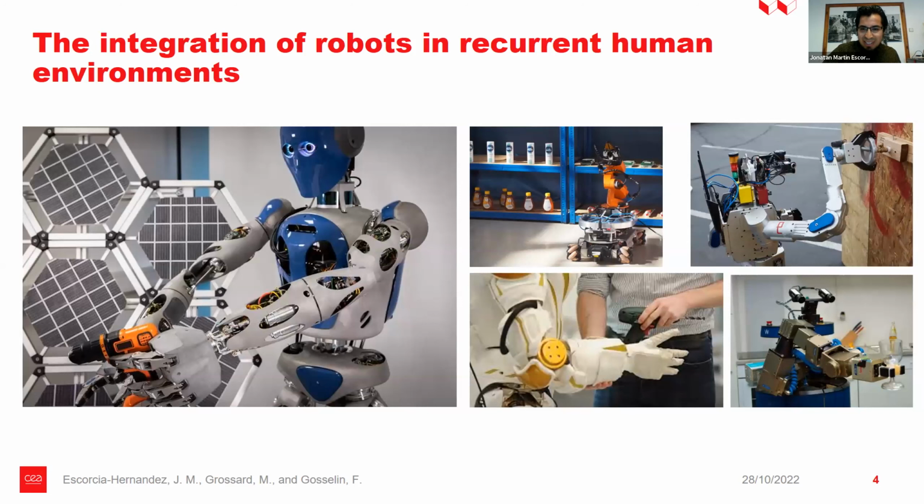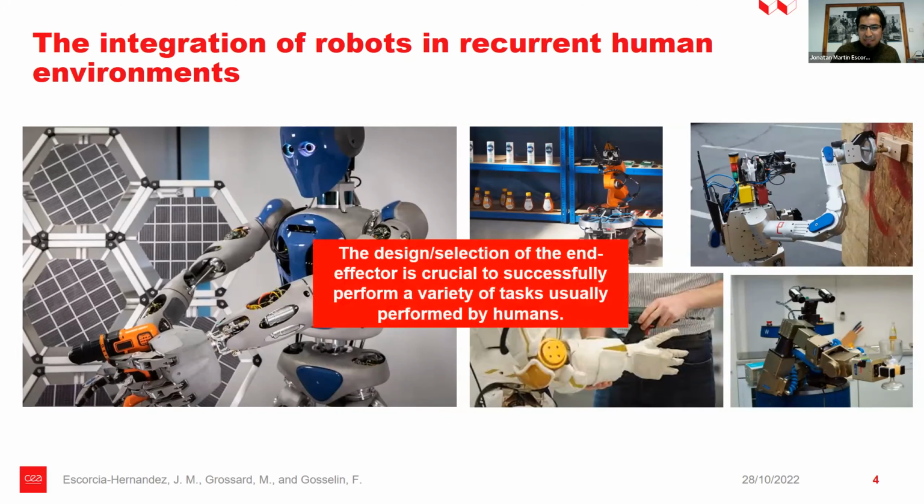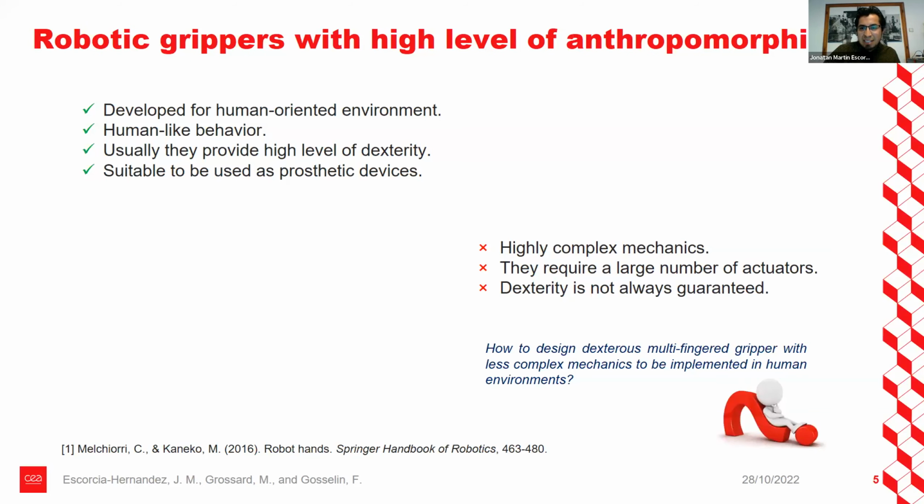Robotics currently are intended to be integrated more in environments for humans, human-occupied environments, we can say. And to perform this kind of activities, we need to design a crucial device, that is the gripper, or in most of the cases, a robotic anthropomorphic gripper or hand. And we can say that the most apparently easy solution is to develop a device that exactly replicates the kinematics of the human hand. But even if this has some advantages,